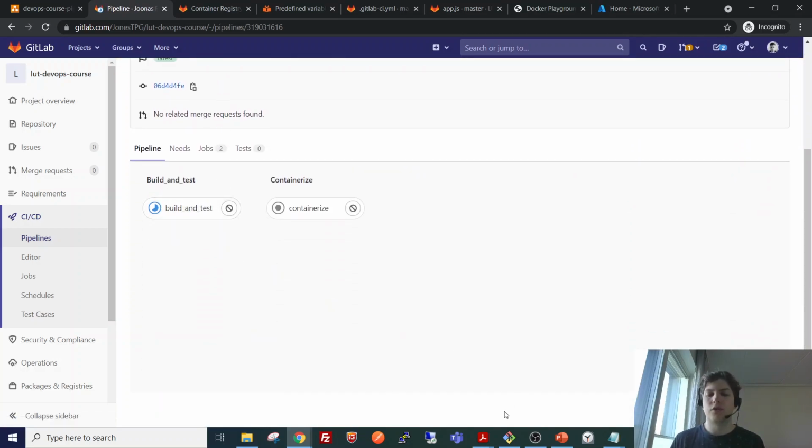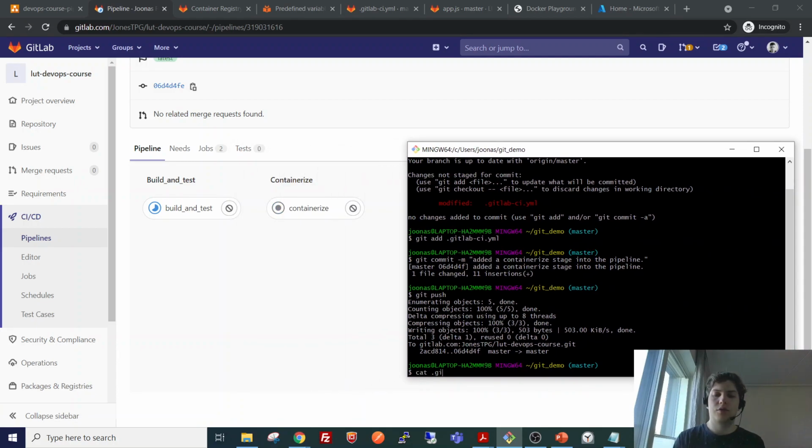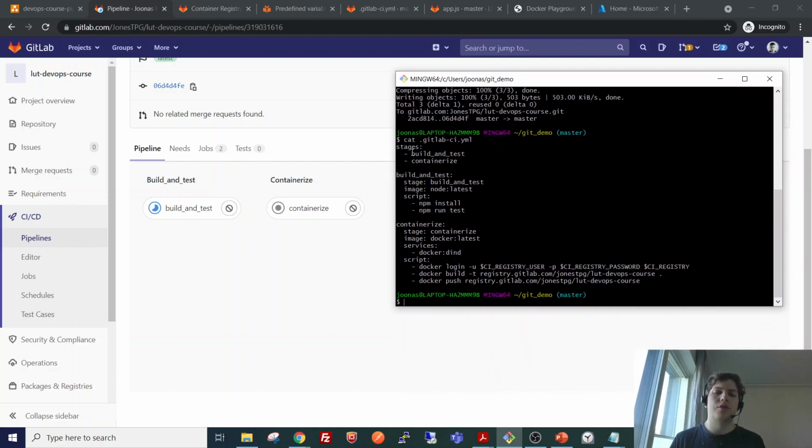First, the stage that we already made, which is the build and test stage. And then we have this new containerize stage. An important thing to know is that if this build and test stage were to fail, so if the tests don't pass, then the pipeline exits and it doesn't execute this containerize section.